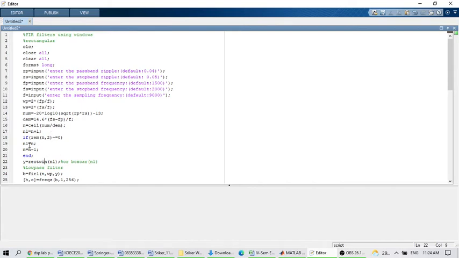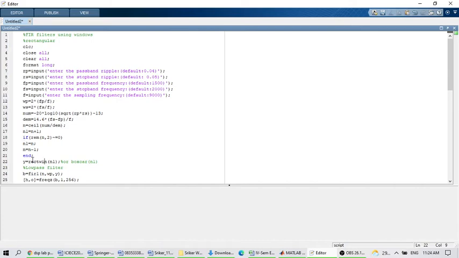Then N1 equals N only; you have to make that N minus 1. So what is the N1 value? N plus 1. Is it right? After that you have to subtract, only if the order of the filter is odd.